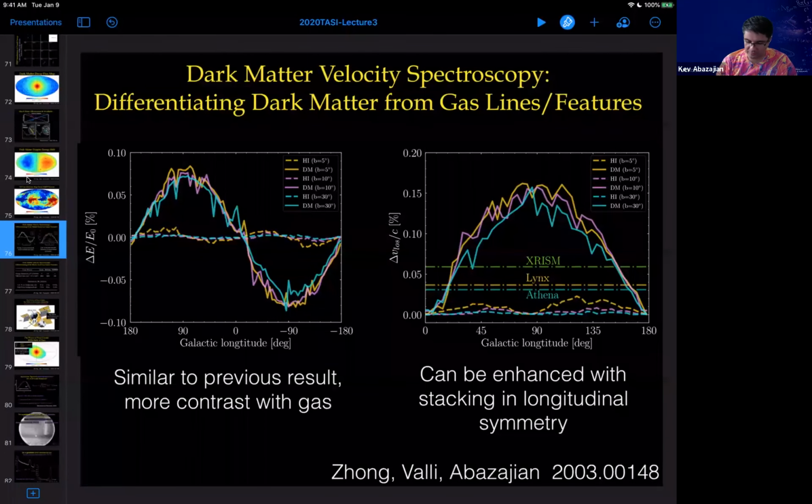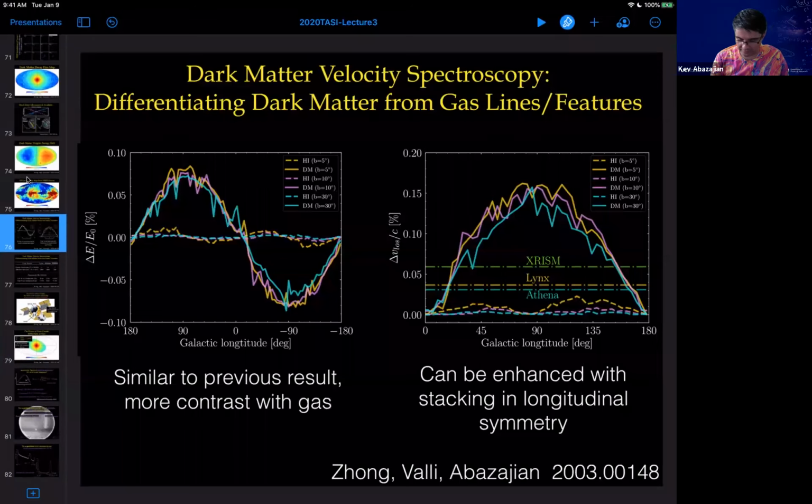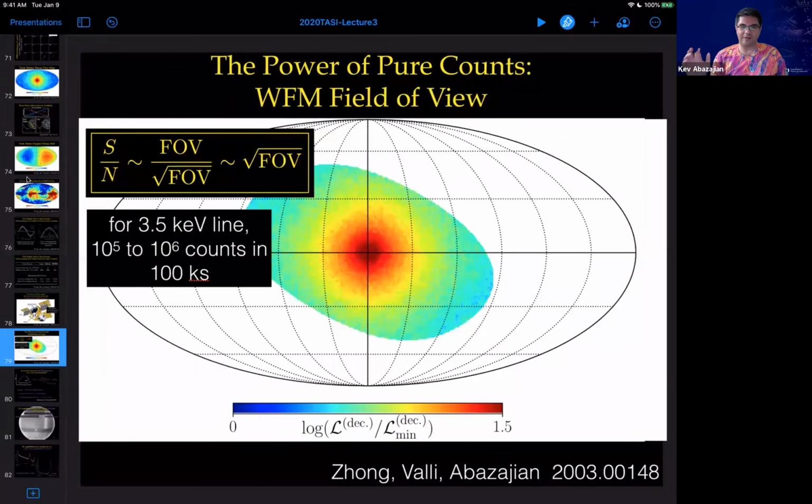But it turns out that new statistical methods are great, including the Softy analysis. They claim to be doing new things by looking at only very narrow windows of energy. And also this dark matter velocity spectroscopy is a great method. However, just the brute force methods of counts is also important. So one of the things we discovered, and sorry to be going a bit over, but this is really amazing, is a proposed X-ray telescope by the Chinese space agency and X-ray astronomers in China working with European X-ray astronomers, called EXTP,